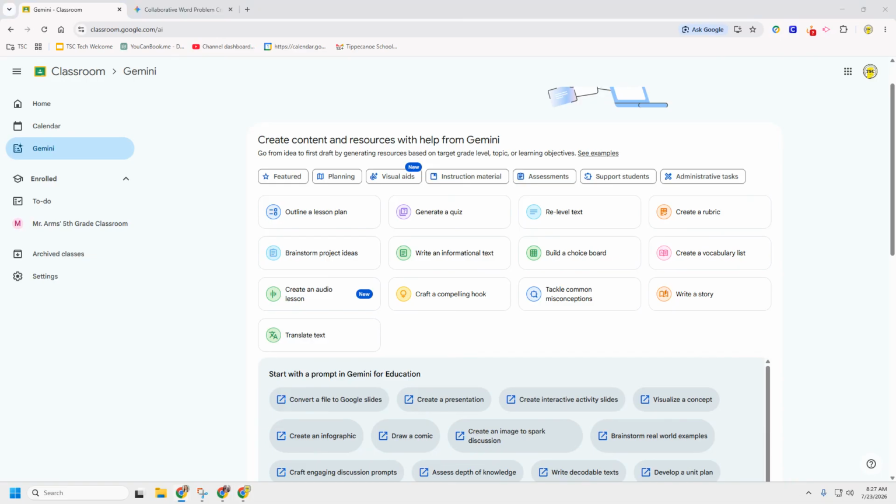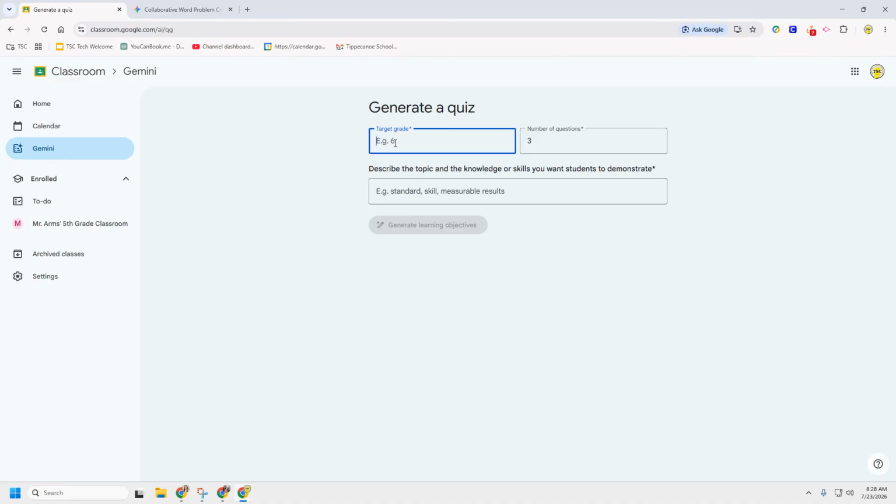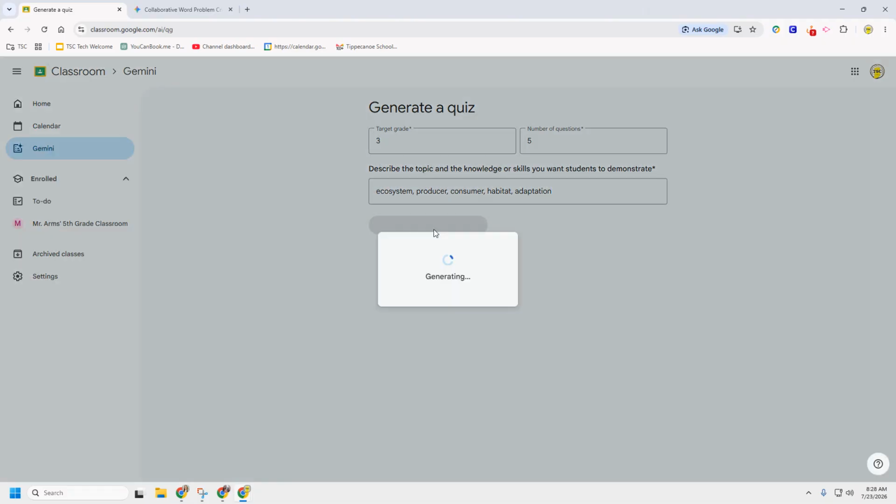All right, next up, we're going on to third grade, and we are going to generate a quiz this time. Let's generate a quiz. So my targeted level is third grade. We are looking at maybe creating 5 questions, and we've been talking about ecosystems and habitats. So I'm just going to add some keywords here. The other thing that I can do is I can actually pull up my standards, copy and paste those standards in there. So however I want to describe the topic or get the standards or the knowledge or the skill, whatever it is, I'm just going to add that content in there,